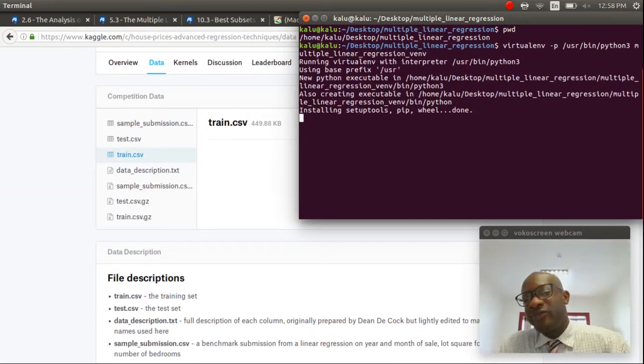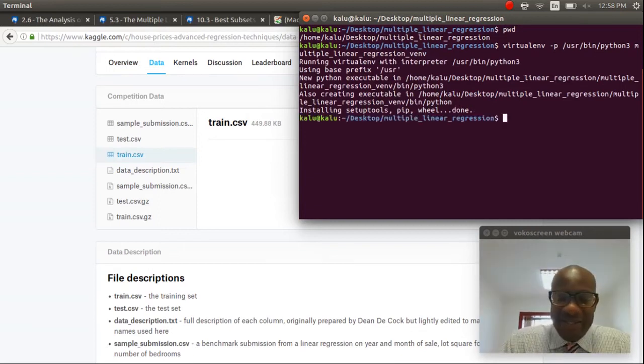So while we're waiting for it to load, okay, it's finished. So now we need to install a whole bunch of libraries, a whole bunch of machine learning, data science, data manipulation, and data visualization libraries. In order to do that, first we need to install sudo apt-get install pk,